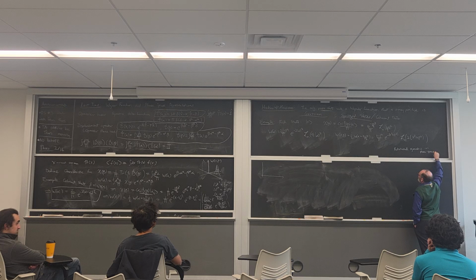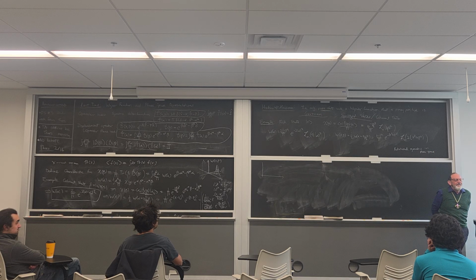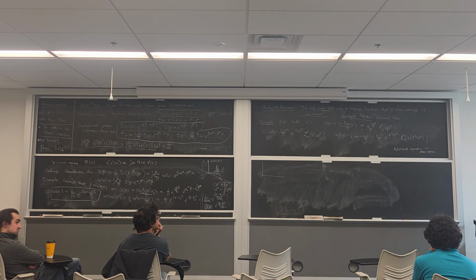We expect that to be true. Why do we expect the Wigner function to be rotationally symmetric? Because energy is uncertain. Or sorry, phase is uncertain. Say again? The phase is uncertain. That's right, because this is a number